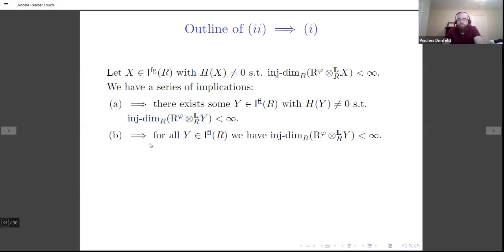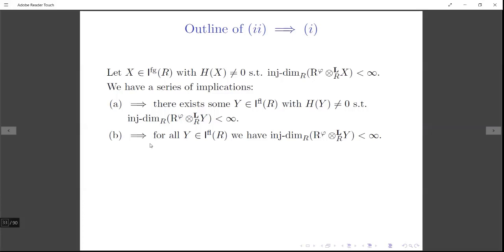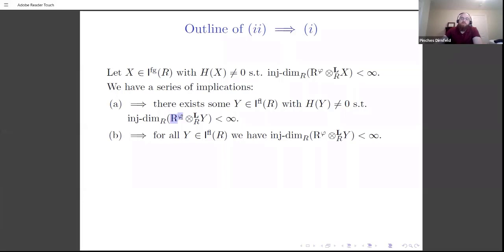All right, so B will imply that. Wait, now I'm lost. I apologize, I missed. Sorry, go ahead. Because what is R phi? R phi is the target, right? Yeah, R phi is the target, but viewed as a module over the source. Okay, you then tensor it, and now it becomes a module, and now you view this as a module over R phi. Yeah, I'm viewing it as a complex over. Okay, so you would actually have to write injective dimension over R phi in the subscript.